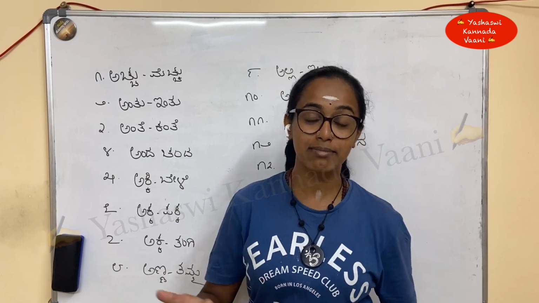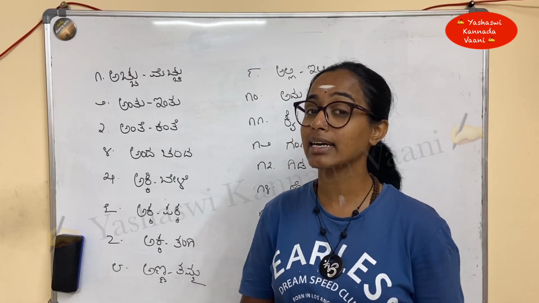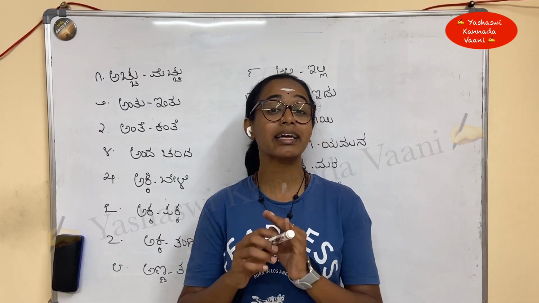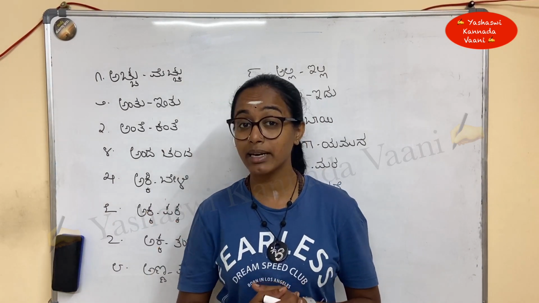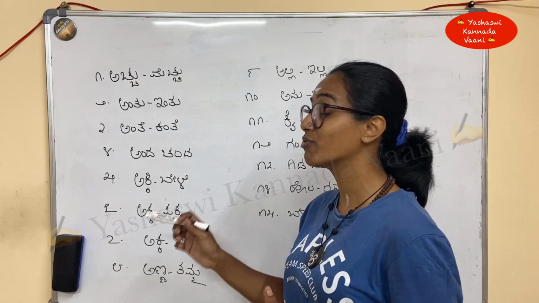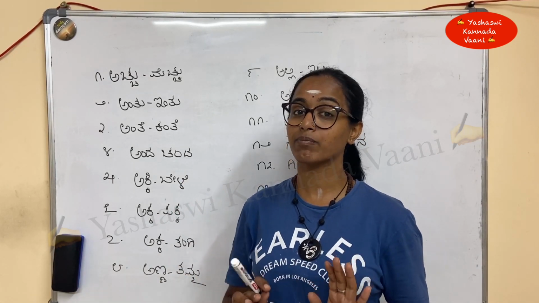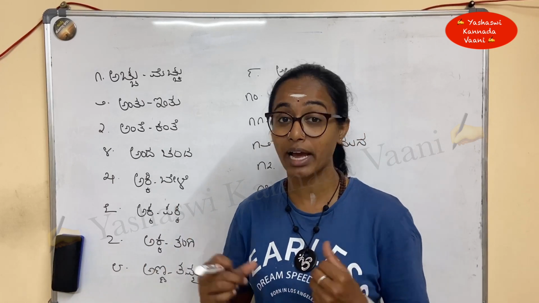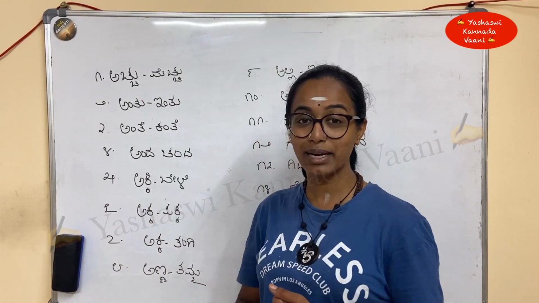ಅಕ್ಕಿ ಬೇಳೆ. ಅಕ್ಕಿ ಅಂದರೆ ರೈಸ್, ಬೇಳೆ ಅಂದರೆ ಗ್ರೇನ್ಸ್. So ಅಕ್ಕಿ ಬೇಳೆ ಇಲ್ಲದೆ ಅಡುಗೆ ಮಾಡೋಕ್ಕಾಗಲ್ಲ. Without rice and grains I can't cook. ಅಕ್ಕಿ ಬೇಳೆ ತರಬೇಕು. We have to bring rice and grains. This also signifies that we need food items in the house. Okay, akki bele ide, that means we have enough food items also. In that sense also we can use this akki bele.